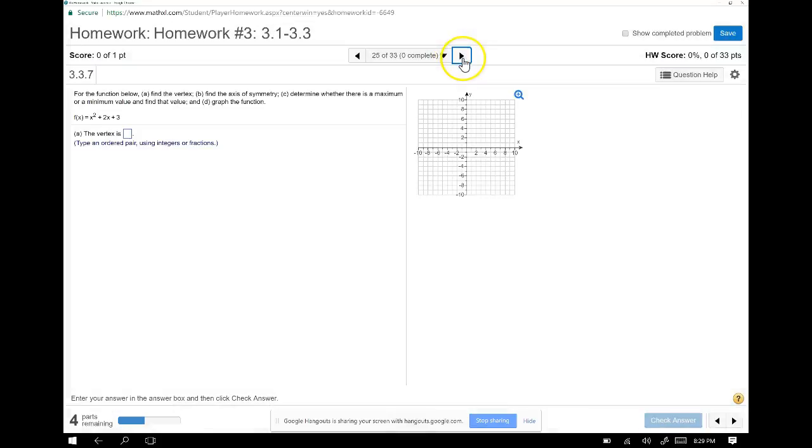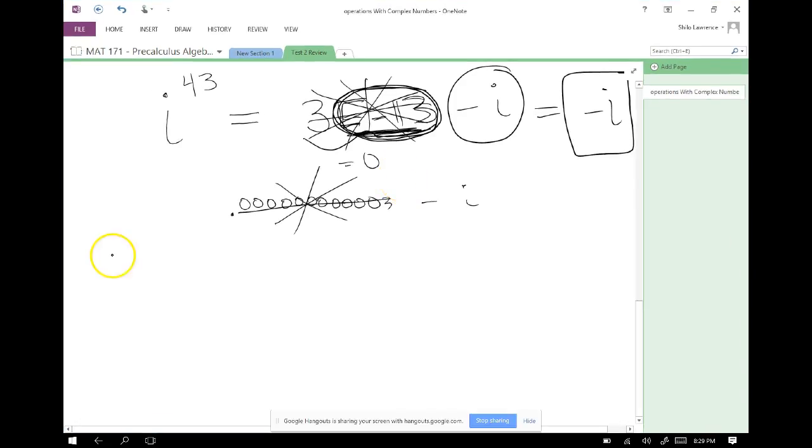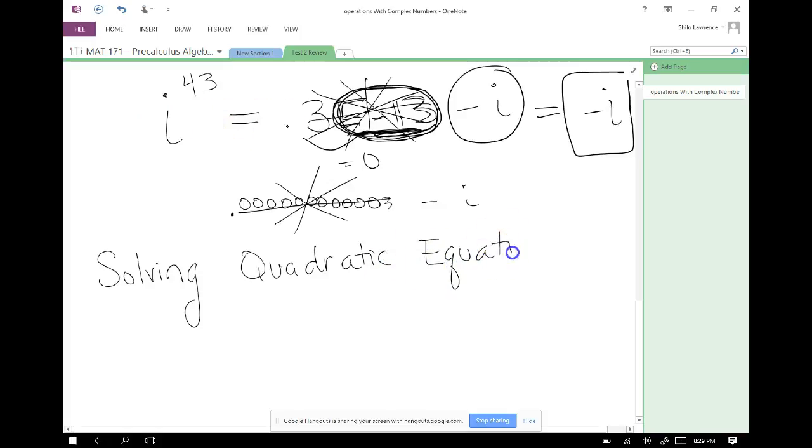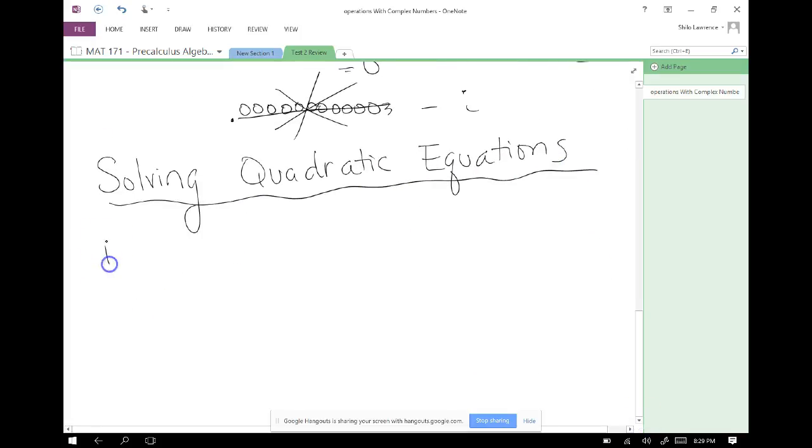Okay, so everything in section 2 is solving quadratic equations. So the first way we can solve is by factoring. So if you're good at factoring,